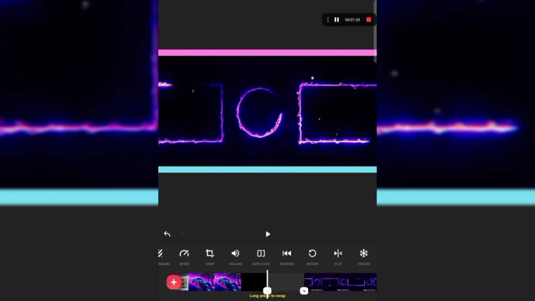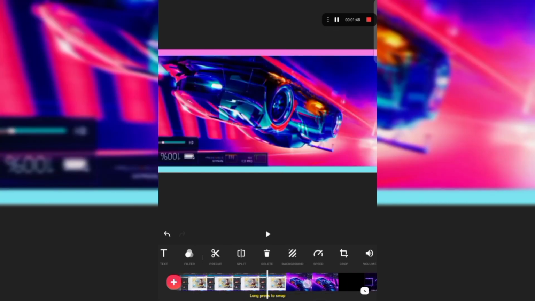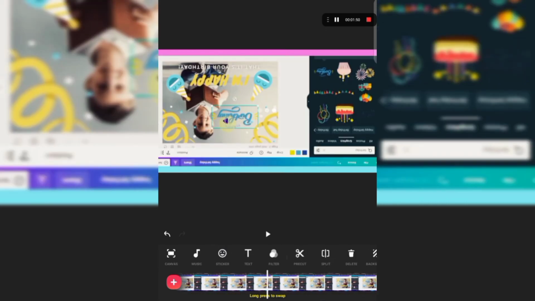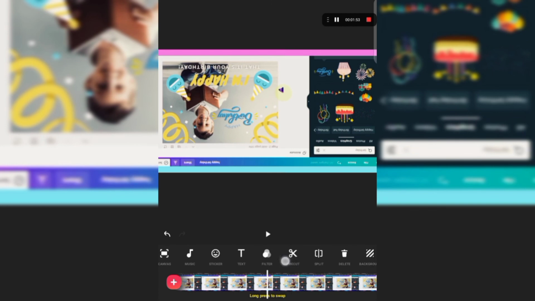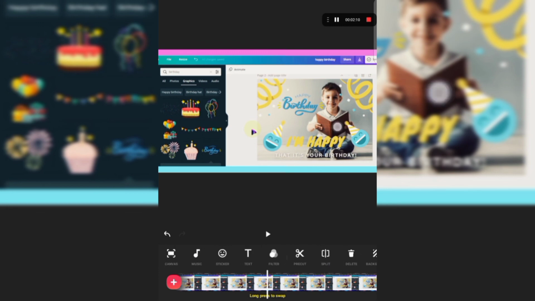Alright, next is freeze. Video freeze. For some, it's kind of effect. You can use freeze effect if you want to. It's not also that much frequently used by creators, so only the music, stickers, text, the speed, volume, background and filters are frequently used by creators. Like me also, I use these features which I told recently.